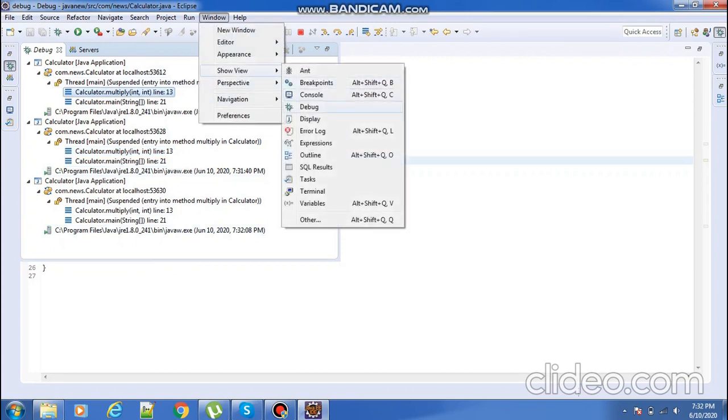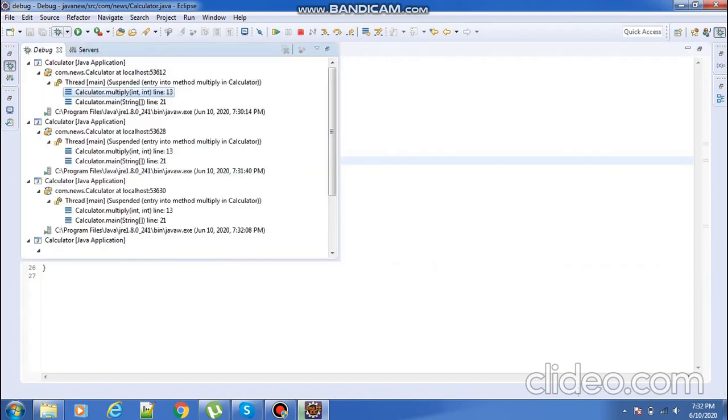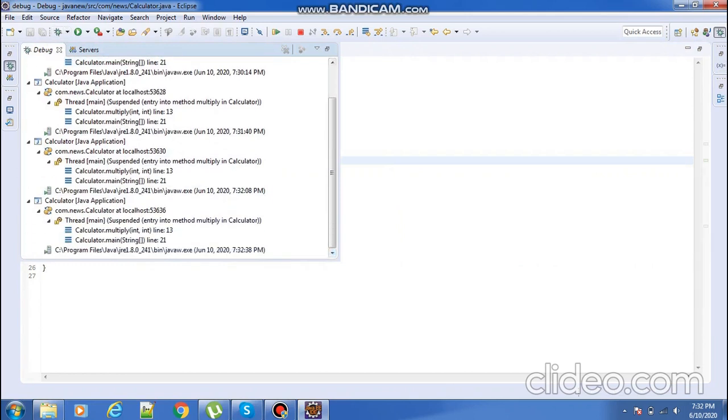Okay. So like this, we have to debug the program. First, whenever I debugged, I had given my values as 51 and 60. So according to these variables, it is going to execute. So now again if I debug, how many times will it execute? 4 times it will execute. Okay, so 4 times it is debugging my program.